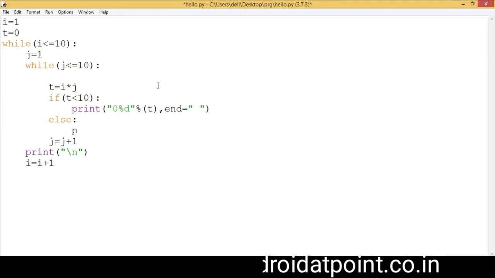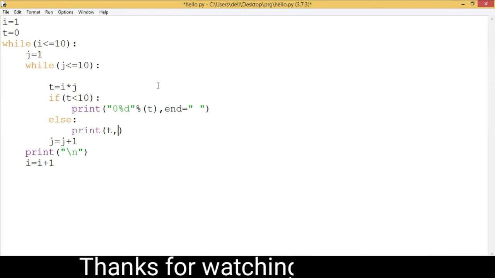Now press enter and write else, and print the value of t directly here. This statement, if the value of t is less than 10, then it will print before the single digit a 0 with the t value, and if it is not, then come to the else part and print the t value directly, not with the 0.